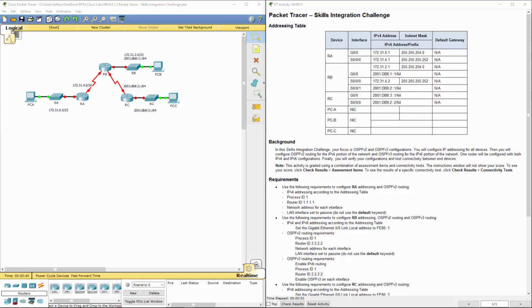Welcome to my Cisco's Routing and Switching Essentials. In this lab, we're looking at lab 8412, which happens to be the Skills Integration Challenge. Normally, I don't do these, but I've actually had several students ask me to help them with doing them. So I'm going to do a few of them just to show that they're out there. So we have our diagram, we have our instructions,